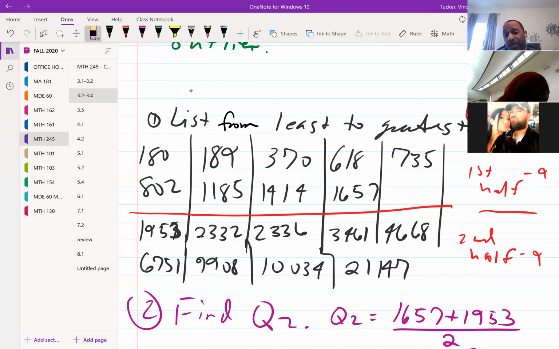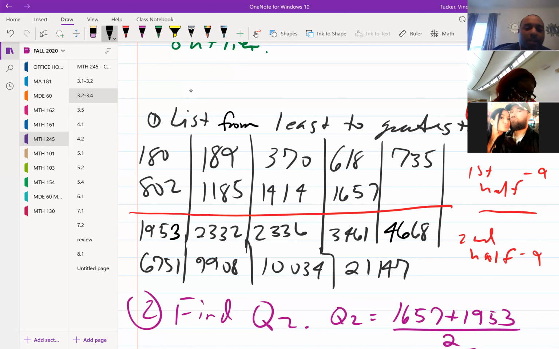And I listed them from least to greatest. And what I didn't want to do was write a whole bunch of numbers multiple times. So I just went ahead and wrote them from least to greatest. This is our data set. We have 180, 189, 370, 618, 735, 802, 1185, 1414, 1657, 1953, 2332, 2336, 3461,